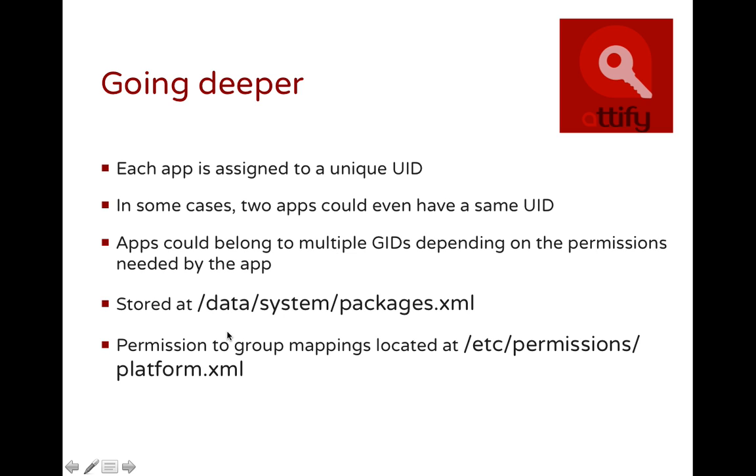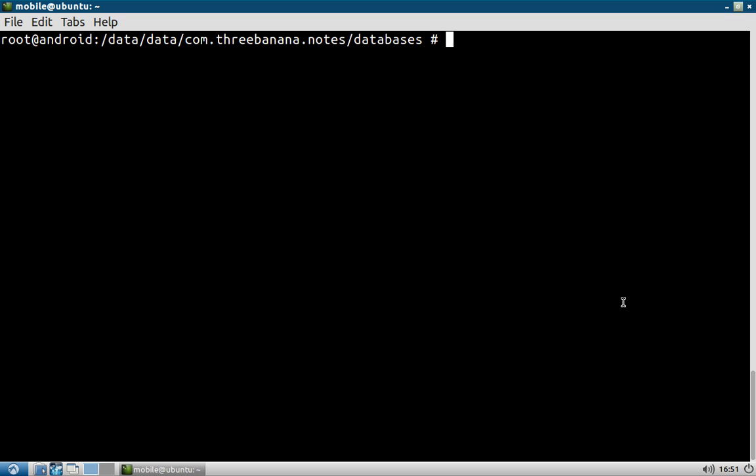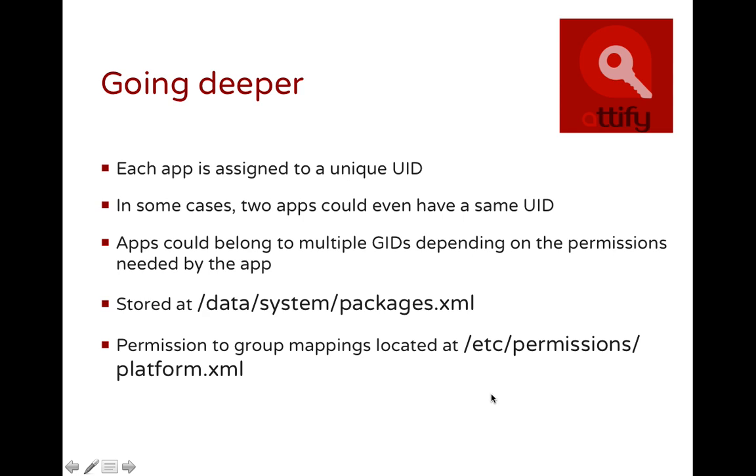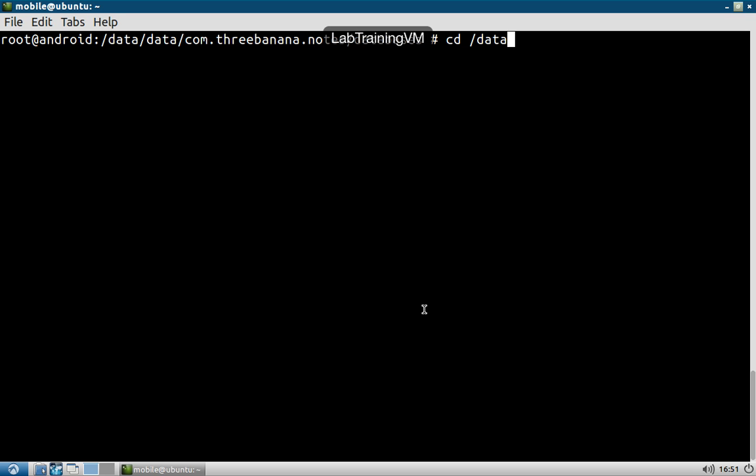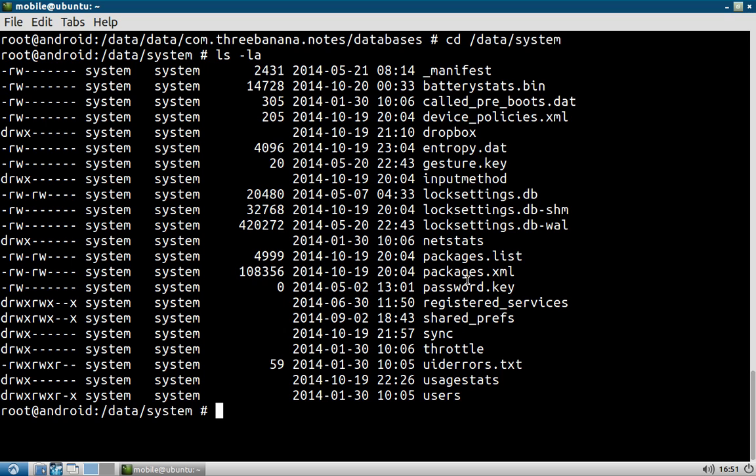Also, there are some useful files such as /data/system/packages.xml. If we have a look at /data/system/packages.xml, we'll get information about all the different packages, the specific permissions they're asking for, and other information. So let's go to /data/system, and if we notice over here, we have a packages.xml. So if we quickly cat this file, packages.xml,